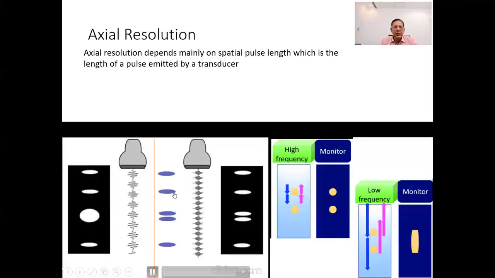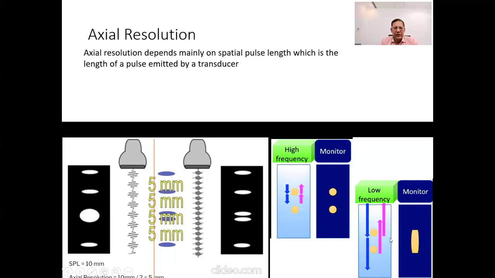The main determinant of axial resolution is spatial pulse length, which is the length of one pulse of sound energy emitted by the transducer. Axial resolution is half of spatial pulse length. Therefore, the shorter the spatial pulse length, the better the axial resolution. Higher frequency transducers provide better axial resolution because they have shorter wavelengths and thus shorter spatial pulse length, allowing for